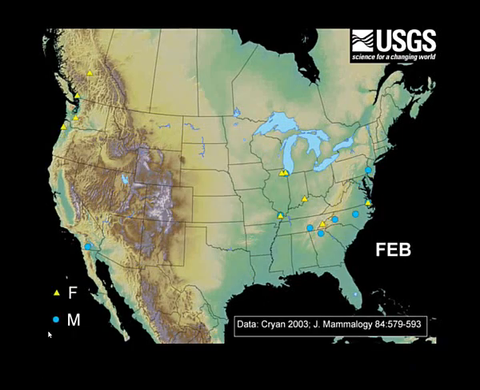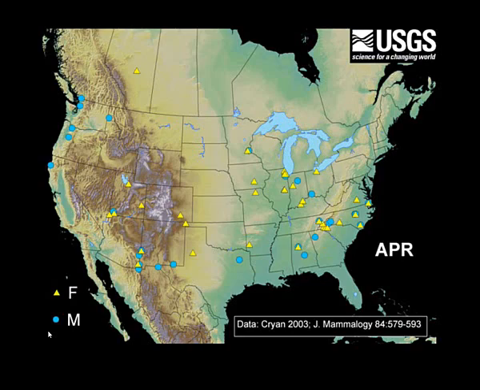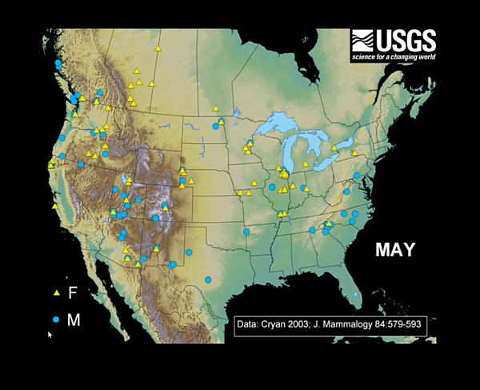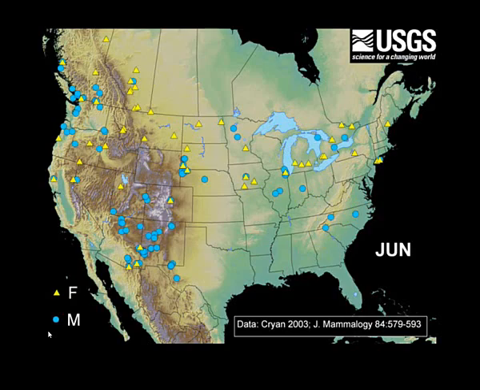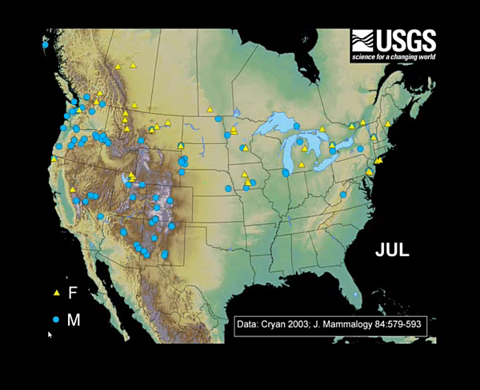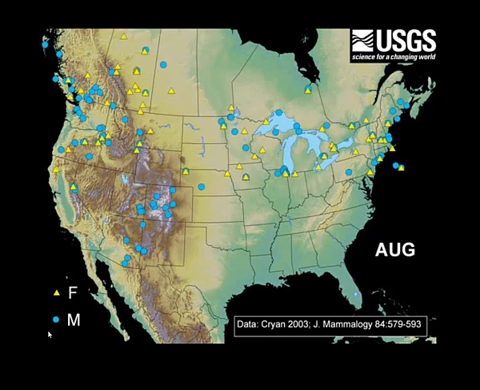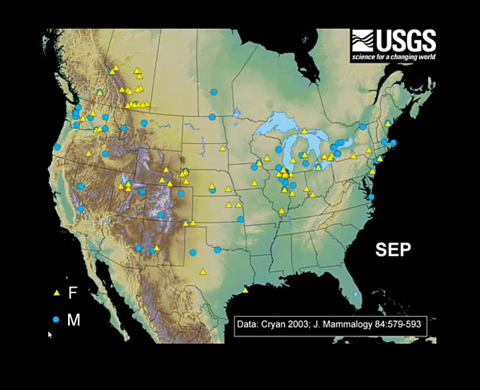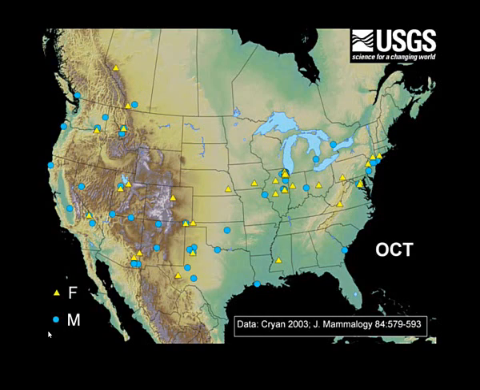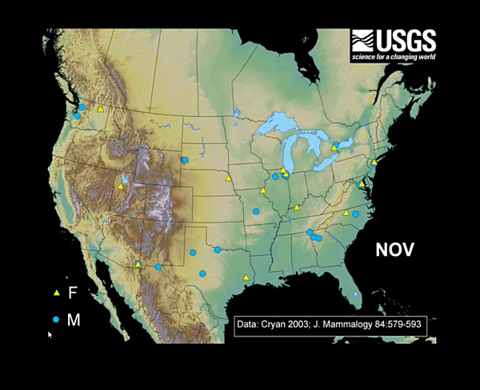I'll look at Arizona, so no records in February, a couple females in March. Then we see a mix starting in April. And as we move into the summer months in Arizona and throughout the Rockies, it becomes really dominated by males during the summer months. And then as we get into September, we see much more mixing in the southern latitudes between males and females, and then very few records throughout the United States during the middle of winter.